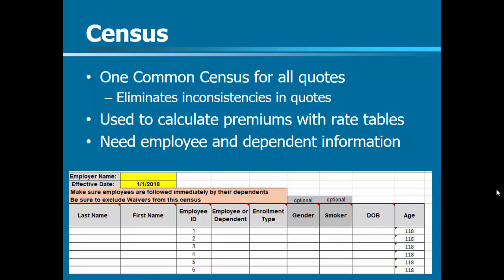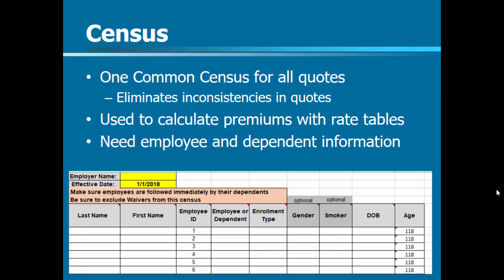So the first step in the workflow for getting age-rated premiums built out is going to be to gather census data. So we have to have a common form to be able to gather census information. And it's important because we're going to use that same census to map against different rate tables to calculate premiums. So it ensures that we are using the exact same information for all of the quotes that we're going to